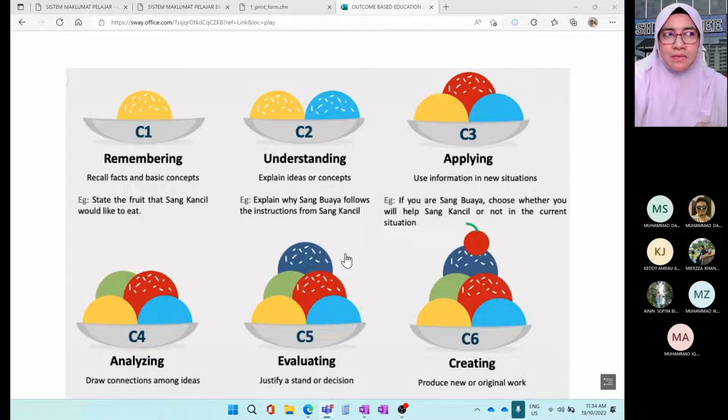Okay, means that bila you belajar this course, make sure your level tu boleh sampai evaluating punya level. Evaluating ataupun analyzing punya level. Dia tak boleh macam contohkan, bila kita buat analisis nanti, kita kena faham apa kita buat. Kita kena boleh apply balik apa yang kita dah faham. And then kita kena tahu macam mana cara nak analyse and cara nak justify benda tu. Kita tak boleh perform dalam exam for example hanya setakat based on understanding ataupun based on remembering. Tak boleh macam tu. Remembering tu level C1.